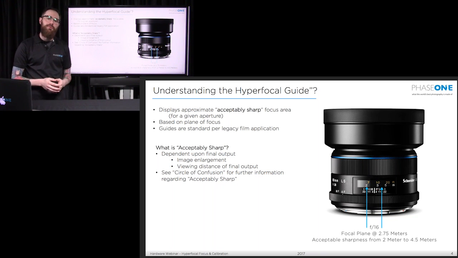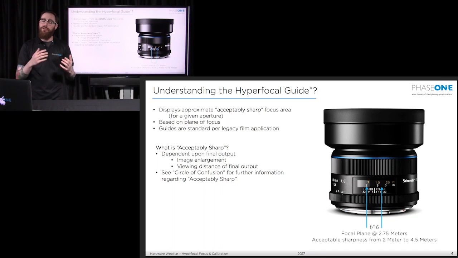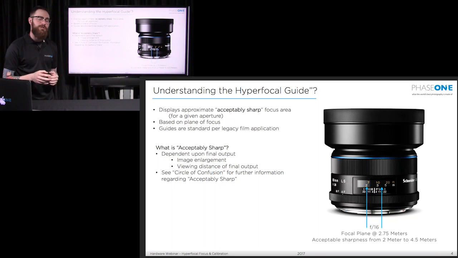What is sharp? To some people with excellent vision, on a very small print or very large print, it's going to look different. They're going to say that is definitely in focus. It's a perfectly shot image with absolute fantastic hyperfocal focus, whereas somebody else might argue with them. So that acceptably sharp is a gray area in terms of what is perfectly in focus.